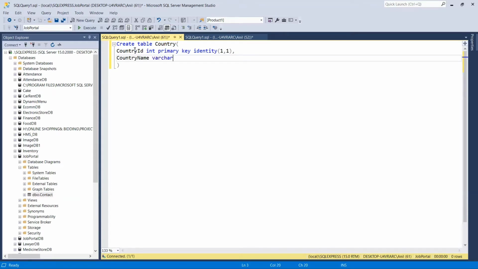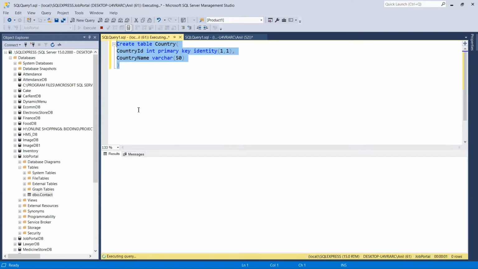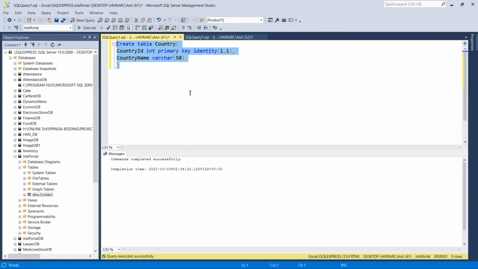Let's take it varchar 50. Let's run it. So our table has been created.